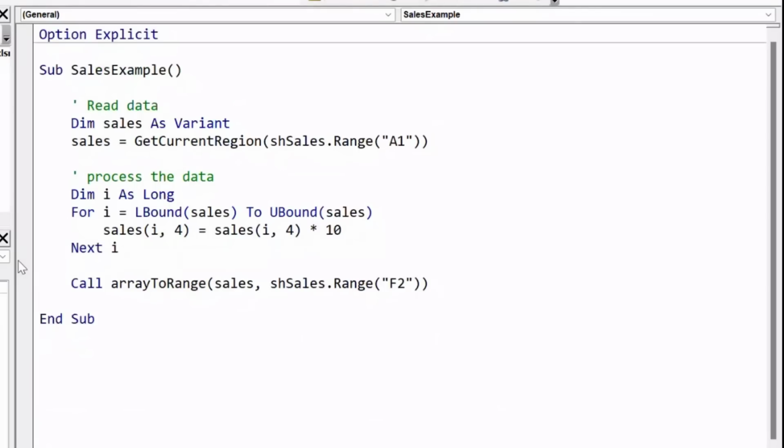So you can use this code here as the foundation for any type of processing of data that you do in Excel VBA. Now, it's rare that you're going to write out the same data as you read, but this is like the basis for anything that you want to do. So we're going to look at a filter example, which is more of a real world kind of thing. And then you can see from that how we can take this code and adapt it to it. But before we do that, first we need to understand the correct way to pass these arrays as